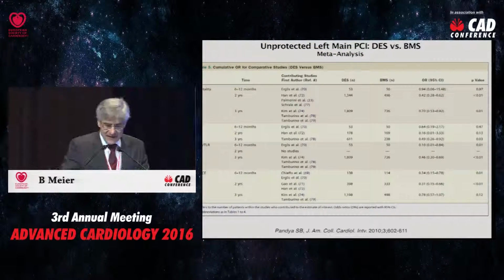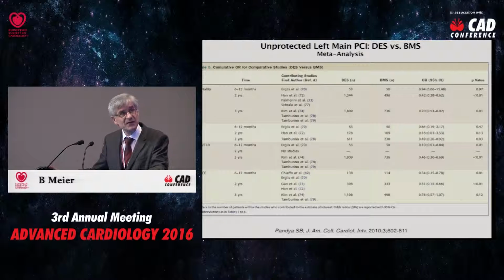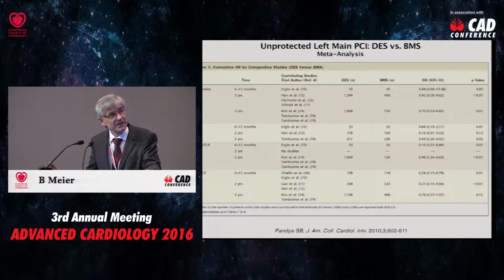Here, of course, now the data, and most of them have already been summarized by David. You can see here DES versus BMS. There is now no more doubt. There was some unjustified doubt whether DES is good for left main. It is much better. If you look at the different things like mortality, and everything below 1 means that DES is better than BMS. And you can see that in all the studies it was better, even 50% reduction of